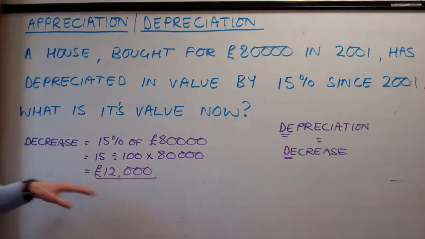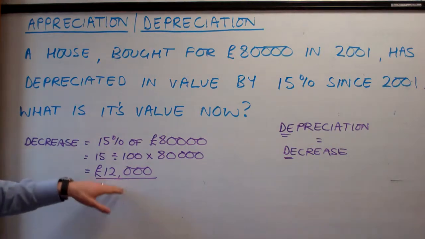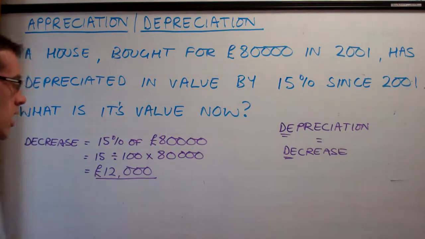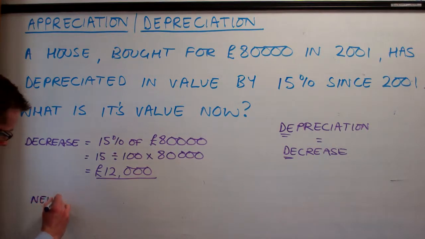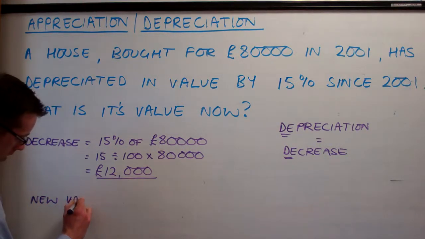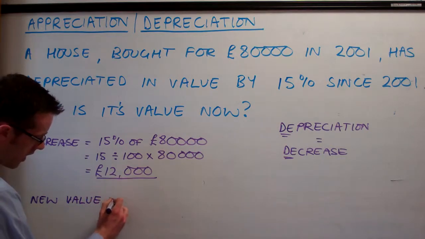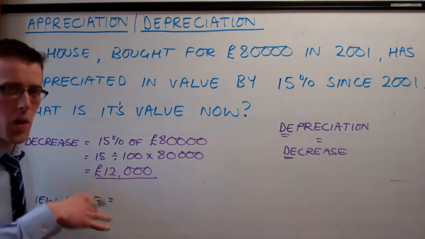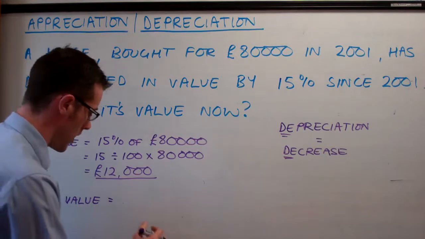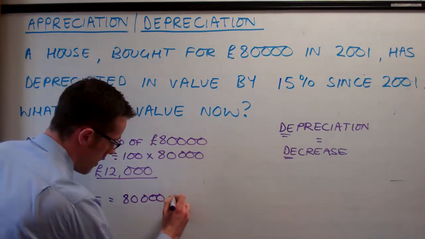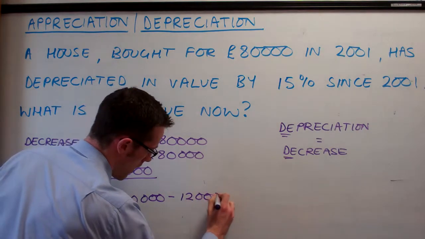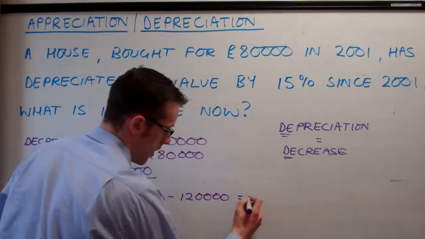So, next step in this is, the house isn't worth £12,000 now, that's been the decrease, so we've got to work out the new value. With an increase we added on, so with a decrease we're also going to take that away. So that's going to be 80,000, take away 12,000, leaving us